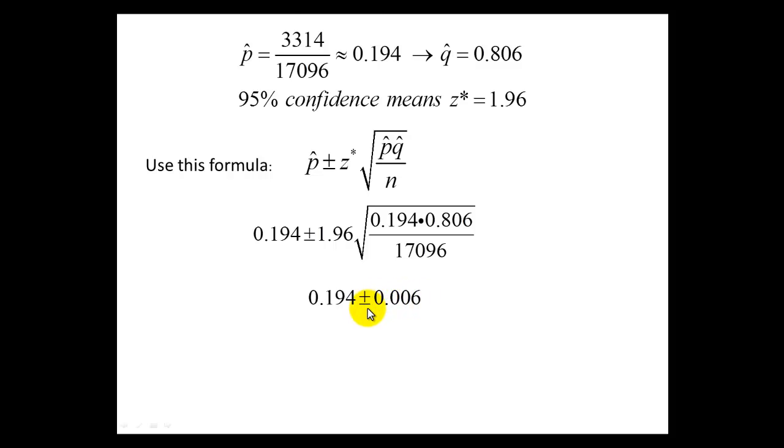Okay. The last part of this is to evaluate the plus or minus that are between these two quantities. So on the left and the right, I'm going to split it off. On the left, I take the 0.194 and subtract off the 0.006. And on the right, I take the 0.194 and I add on the 0.006. Now, 0.006 is our margin of error. So you can see I've added and subtracted it to what our sample told us. The results are 0.188 and